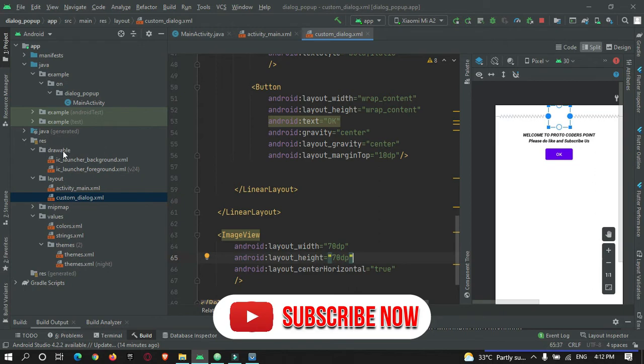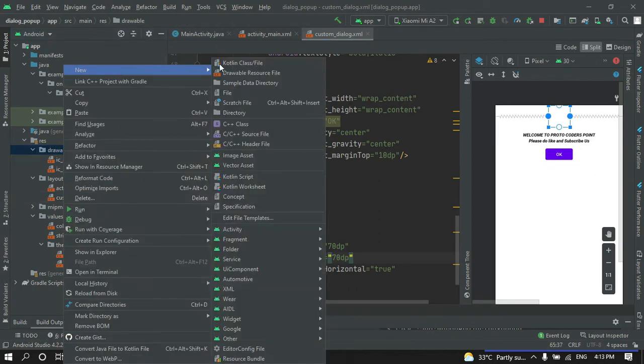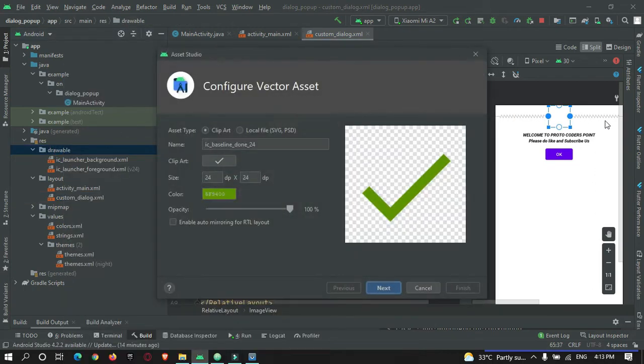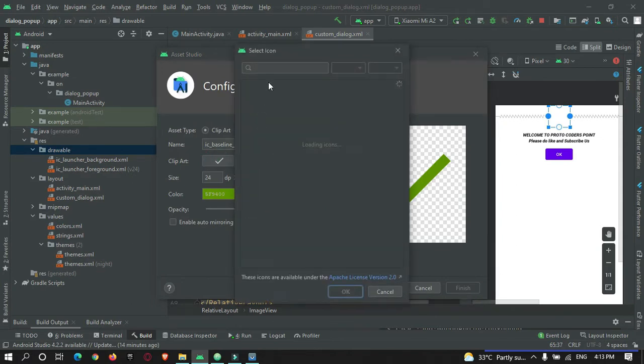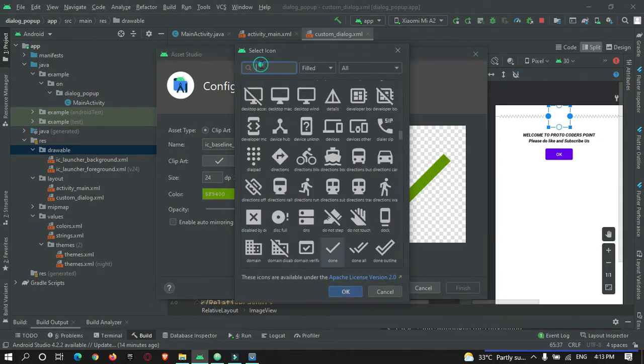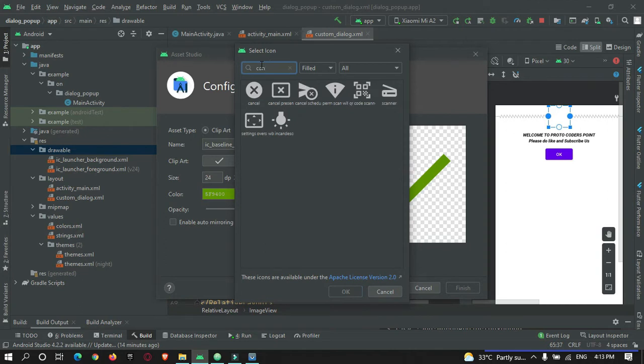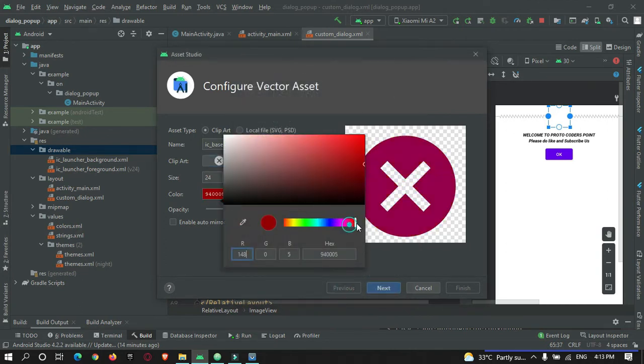So first of all, I need a vector image for a cancel button over here. So let's create it. Okay, let's search cancel. Let's change the color to red.